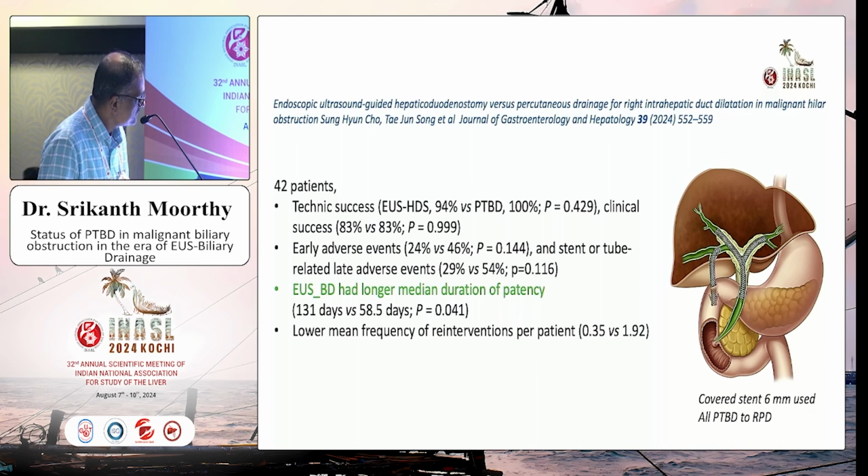But what was statistically significant was that the median duration of patency of the stent was higher for EUS BD. Now, I want you to note this. These are some of the issues here. They used covered stents, 6 mm for all patients. And basically, if you were to put the stent like this towards the duodenal bulb into the BD, you can see if it's a covered stent, it will block this duct and produce cholangitis. So you need this portion of the stent to be open. So these are things that are still evolving. Another problem with using covered stents is that covered stents tend to slip out much easier than bare stents. So these sort of issues still need to be tackled.